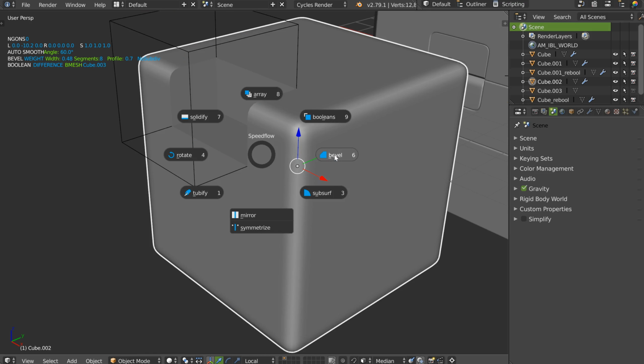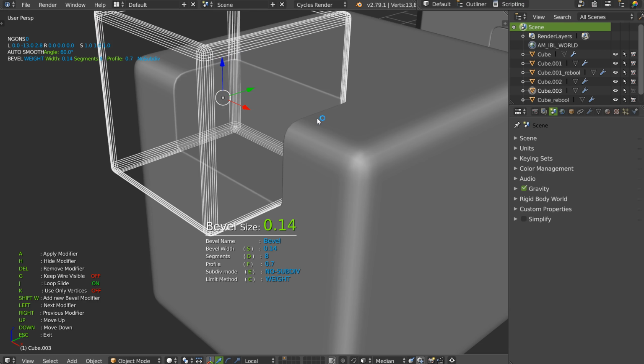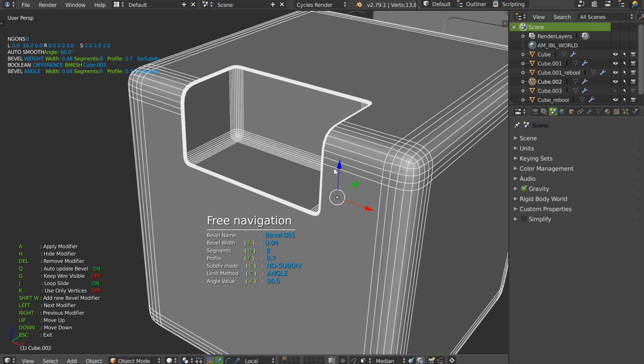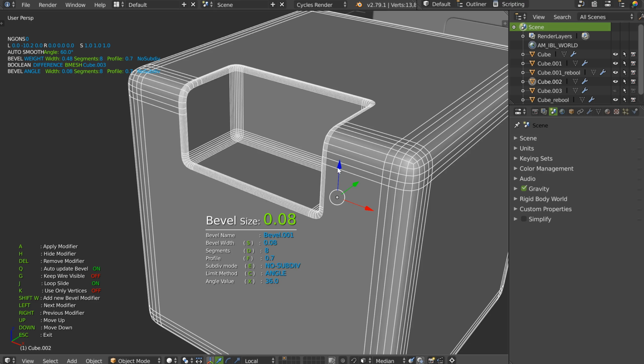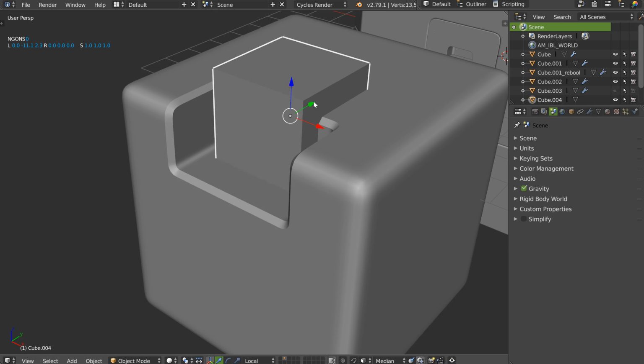This is pretty simple, and if I want to make it round, I will just have to make it round for this one. Okay. I can hide this one. I can of course edit the first one, go with the left arrow key on the other, and directly if I want something like this, I can do this. To clean it, you will make the auto smooth like this, and you will have a good result. I will add another bevel, another boolean to show you.